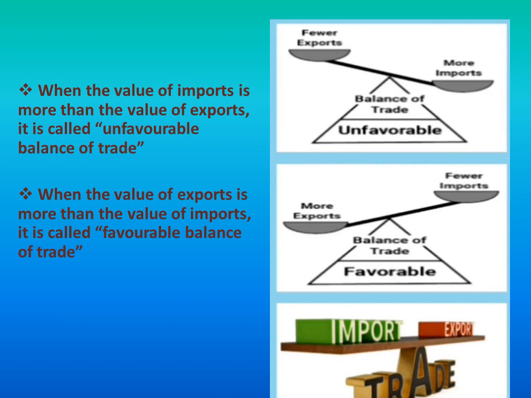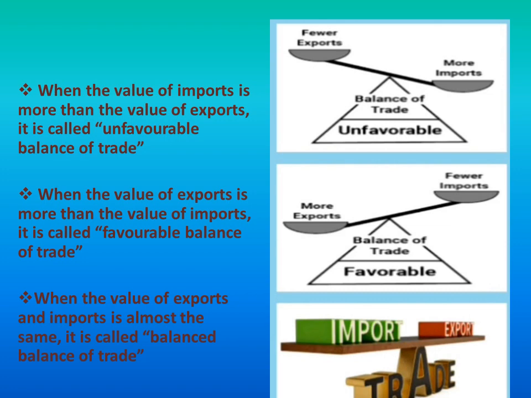So in the unfavorable balance of trade, it is trade deficit, we already learned that. But in favorable balance, it is a trade surplus. So unfavorable balance of trade is trade deficit. Favorable balance of trade is trade surplus. Now the last type,